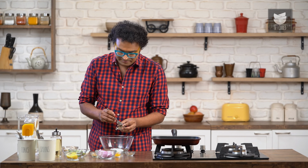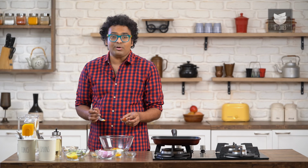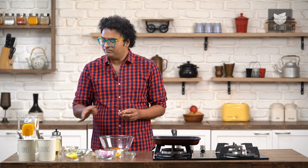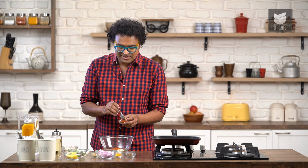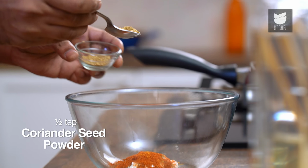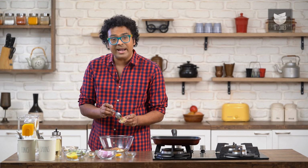To this, I'm going to add in Garam Masala powder along with a touch of turmeric powder. It's important not to really overdo the spices because prawn is very delicate in flavor. In case you're using fish, follow the same recipe, just ensure that the fish is boneless. The marination should not be overboard. With red chilli, I'm also adding in just a little bit of coriander powder, just a little smidgen of black pepper powder, ginger and garlic paste,